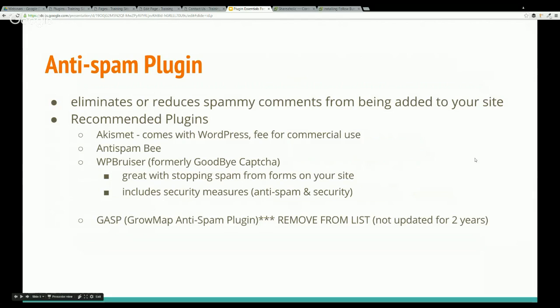An anti-spam plugin helps eliminate or at least reduce any type of spam comments that will come in onto your site, whether it's through comments added to your site or whether it's through a form that's on your site. An anti-spam plugin helps reduce that. The recommended plugins for an anti-spam type of functionality, one comes with WordPress, and so it's probably the most widely used anti-spam plugin,